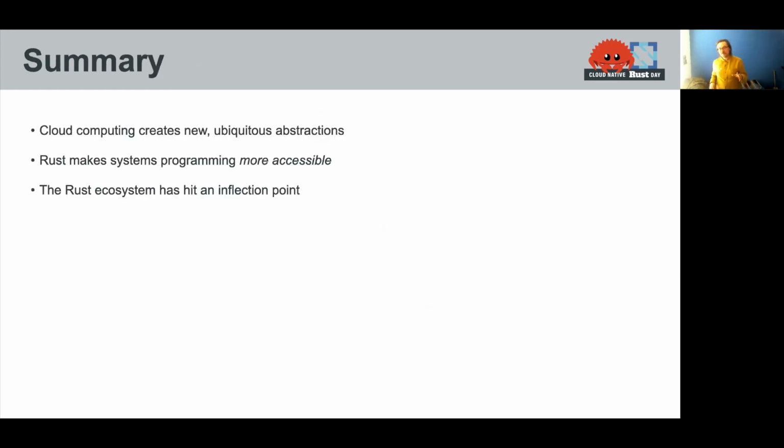So in summary, cloud computing creates new ubiquitous abstractions. We no longer have to deal with managing hosts or acquiring hardware in nearly the same way that we did a decade ago. Now we have Kubernetes APIs, and we have lots of glue beneath the application. And we need that to work well. We've all become systems programmers. Anyone who would have been in operations a decade ago is basically a systems programmer now.